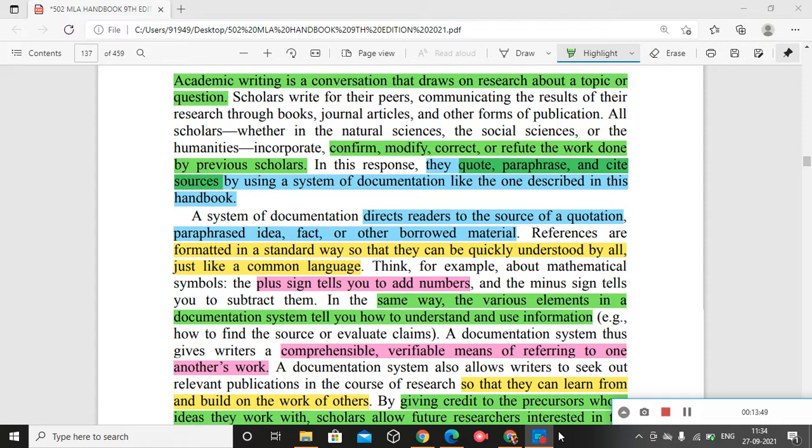A system of documentation. Did you find it somewhere? Definitely. I gave you the model, where you have a list of works cited and the major elements that are common to all the sources. For example, to list a few: author's name, title of the book, name of the publisher, then year of publication.